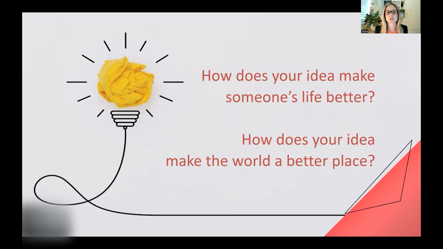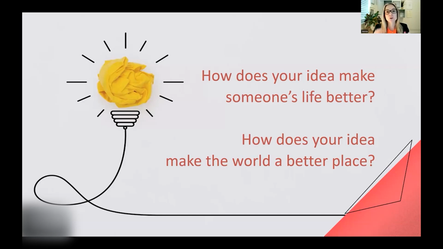It's quite a big question, but really think about the idea for your business, whether that's a product, whether that's a service. What impact does that have on someone else? It might be that you're supporting a range of different businesses. It might be that you're supporting individual customers, but what is the difference that it's going to make to that end user?